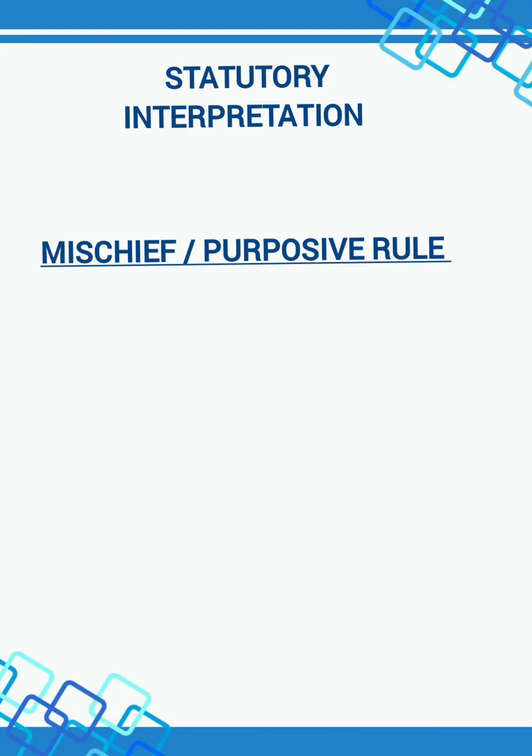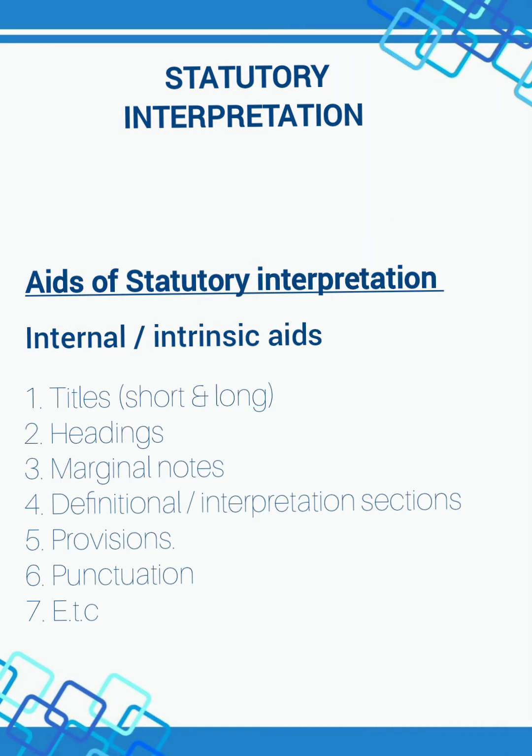So lastly, let's look at the aids of statutory interpretation. So an aid or a tool is a device that helps or assists, and for purposes of construction or interpretation, the court has to take recourse to various aids of statutory interpretation, and we have 2 types of aids, right? We have internal and external. Let's look at internal briefly. Internal, you're looking at the act itself, right? The aids under the act, things under the act that help you explain or interpret the act. One of them, we have the title,